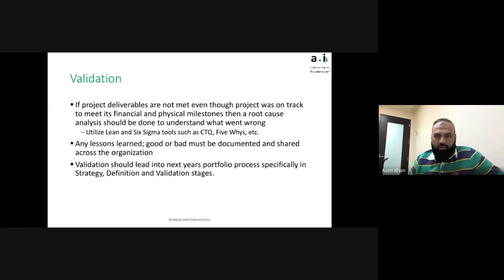Any lessons learned, good or bad, must be documented and shared across the organization. Very good opportunity. If you've done this portfolio management process, the way we walked through, everybody has now a standardized way of thinking, and everybody is pulling towards the integrated value chain. So it's great to share. If a project delivered on something, that's a good thing. If we learn something about why it didn't deliver, it's good to share, so people can learn and apply it in the